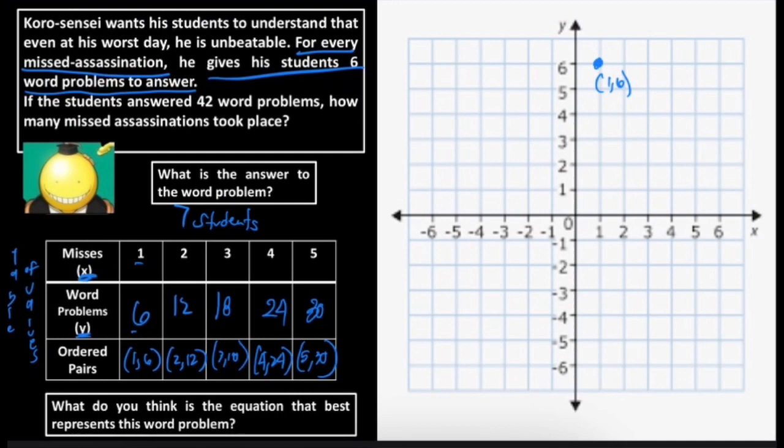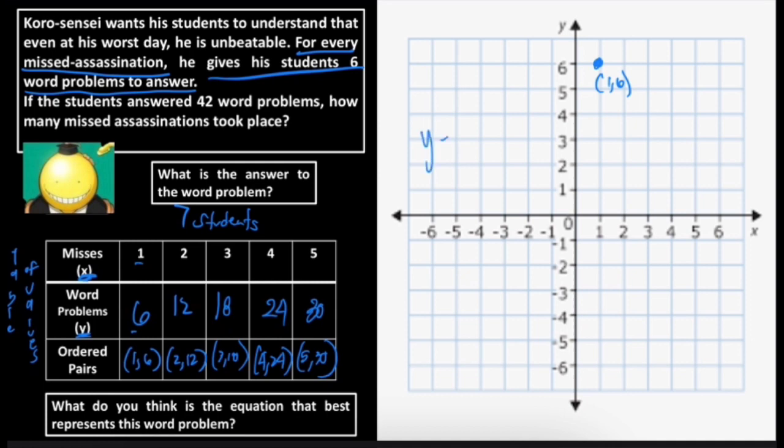And with this, we can actually also try to formulate an equation as to how we could solve for the other possible values. Like for example, what if there are 8 misassassinations by the students, and so on and so forth. So based on the pattern here, we can notice that for every miss, it increases by 6 word problems. So we could make use of that as a way for us to create the equation that is y